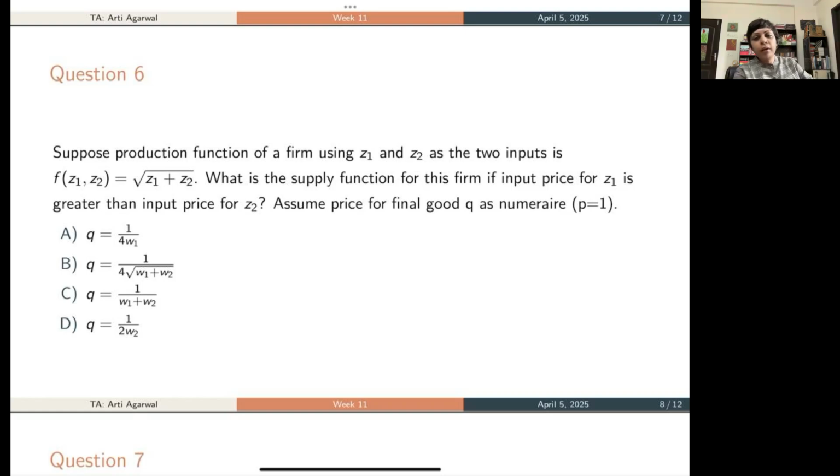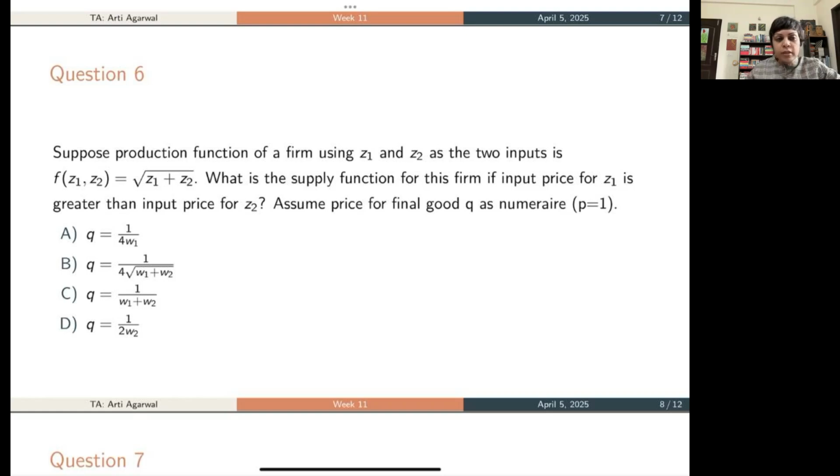So a numeraire good is a good for which we normalize the price as 1, and we express all other prices as a ratio, or as a multiple of the price of that particular good. So for example, if the price of that good is 2 rupees and we take it as numeraire, and the price of other goods is say 8 rupees, 10 rupees, something like that, then if we have to write the pricing in numeraire terms, the pricing of that particular good is 1, and other goods will be 8 divided by 2 equal to 4, 10 divided by 2 equal to 5, and so on and so forth. That's what numeraire means, in case you didn't know.